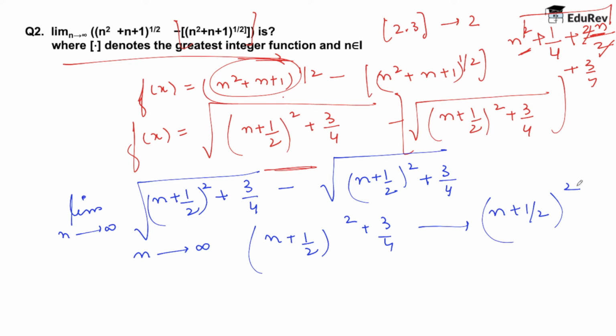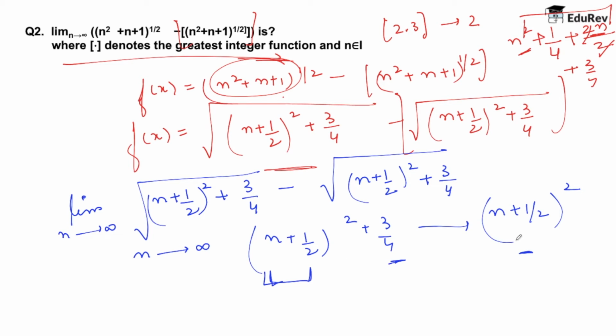Because when n is tending to infinity, this number is going to be a very, very large number. And we are taking the square of that large number, so it will be a very, very huge number. Adding a small amount, that is 3 by 4, to it just doesn't matter. Alright. So I'm going to convert n plus half whole square plus 3 by 4